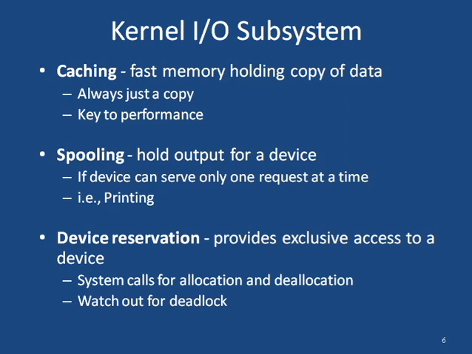And in device reservation, in certain situations, one device is shared by different processes. In such situations, there might be a chance of getting deadlock also. So it has the mechanisms to prevent, to detect and to control the deadlocks. It is all the responsible part of the kernel IO subsystem.